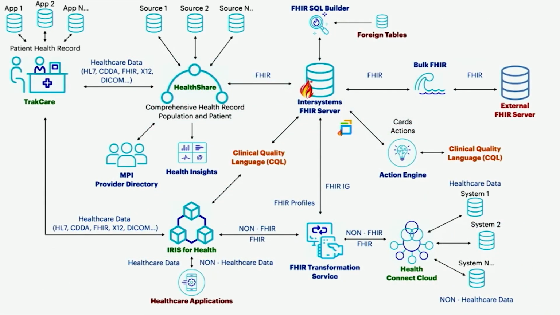So this is a diagram of, I guess we'll call it, a future vision of what could be built with InterSystems technology to create a FHIR ecosystem, still assuming that we need the FHIR profiles